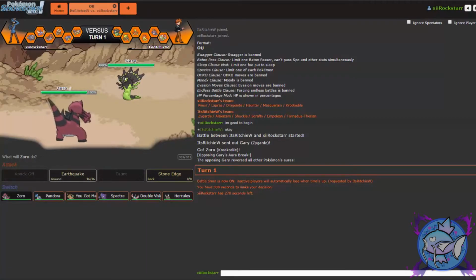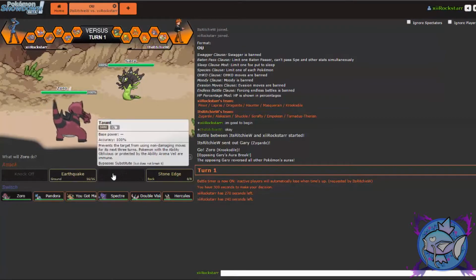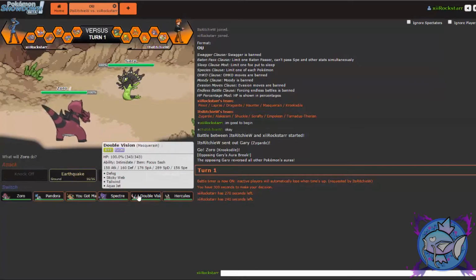So this was a bad start. A bad start. I don't really have any walls this week, which is a bit of a problem. How well does Lapras take a hit? Does Lapras take a hit very well? Lapras doesn't really take a hit. I really don't want to have to do this,